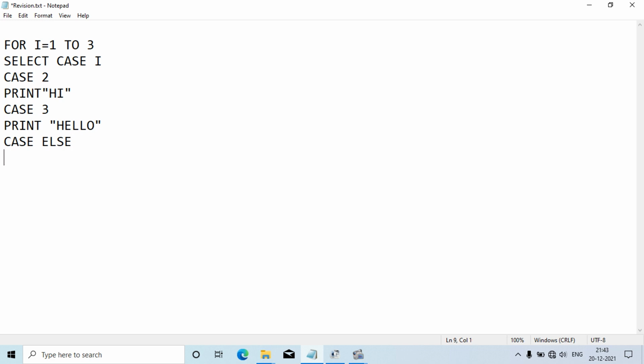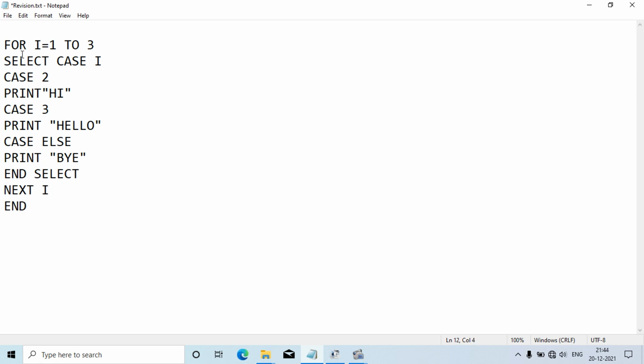Case else, we have just learned, will execute whenever the related cases are not there. So print bye. Then we write the next keyword, next I, to close the loop, and before next I we need to end the select case, so we write end select. Now next I, and then end.